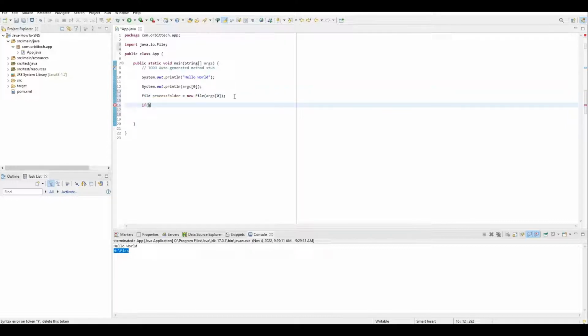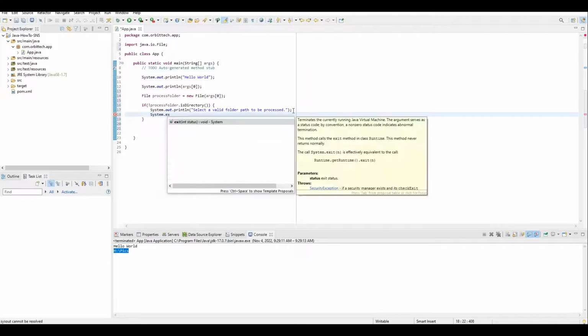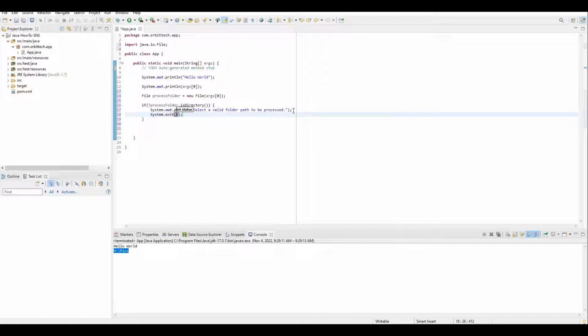Let's say if process folder dot is directory, it's not directory, then let us exit. And we can exit. Yep. Otherwise,